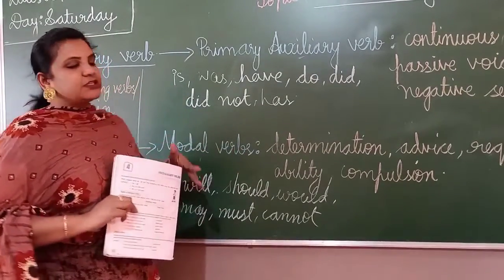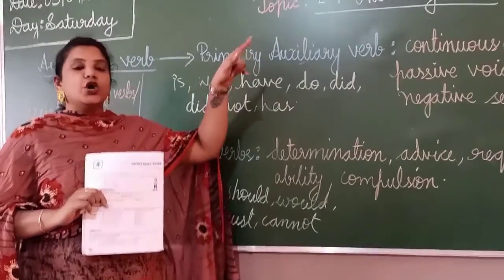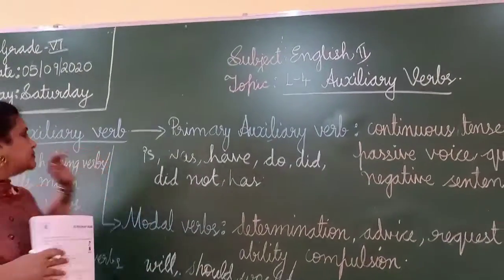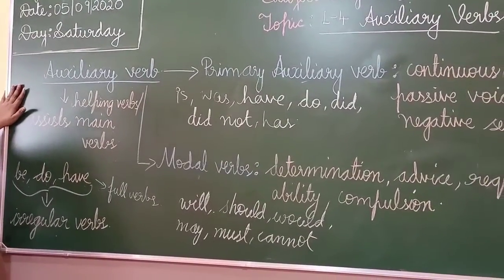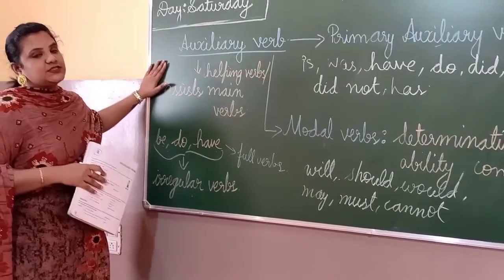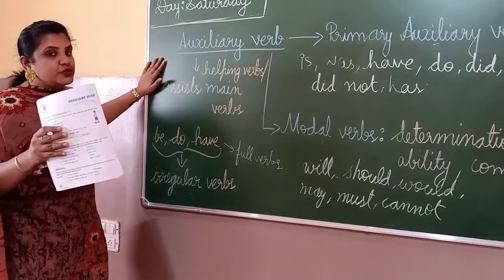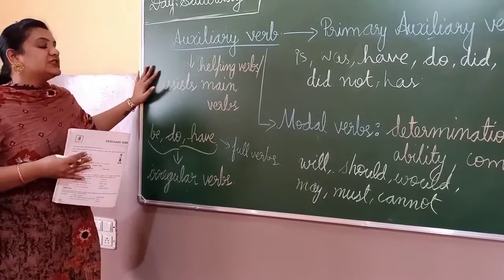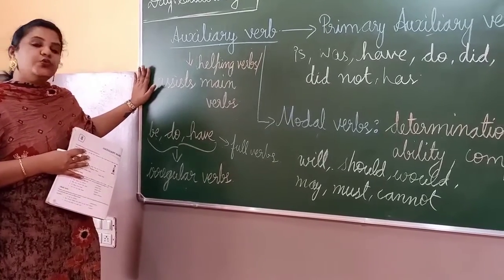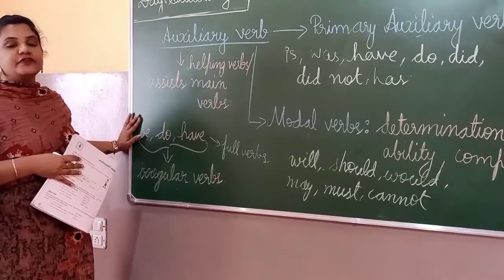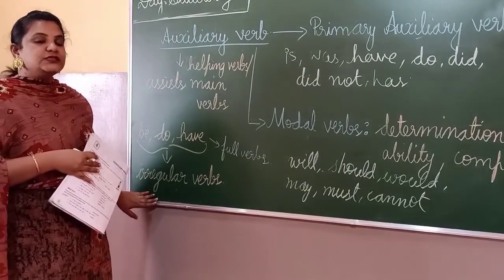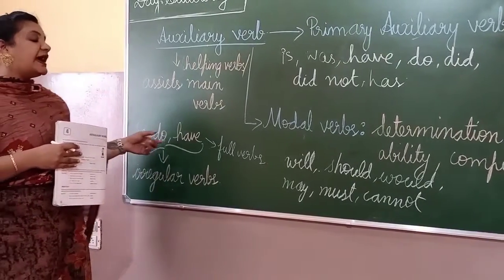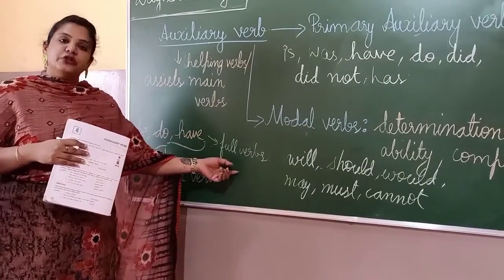So this chapter is only this much, children. It's a small chapter about the auxiliary verbs. So let me give you a recap of this again. What are auxiliary verbs? Auxiliary verbs are nothing but the supporting verbs, that is your helping verbs which assist your main verbs. Don't get confused with the main verbs. Main verbs are something different. The verbs which help the main verb, which assist the main verbs, are called modal verbs. And verbs such as be, do and have are called irregular verbs. Sometimes in some sentences, these be, do and have verbs act as a main verb. When they are acting as a main verb, then they are called full verbs.